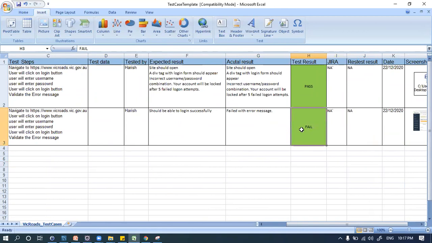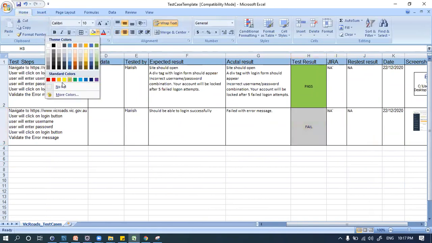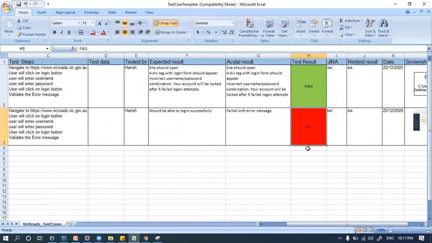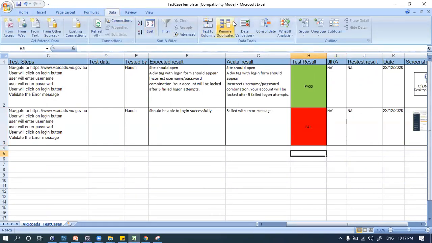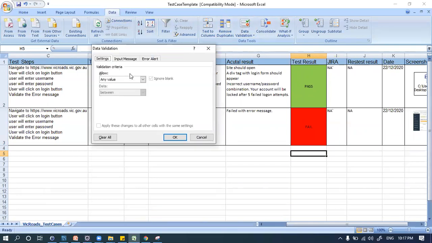So you just need to mention fail. Usually you will not write manually like this. You will have a test case template. In the template itself, all the values will be automatically written in the drop down. So how to create this drop down? Any idea? Anyone? I'll create one drop down here and I'll show you. Go to Data and I guess Data Validation. Here under settings you need to set the validation criteria as list, and here you can write